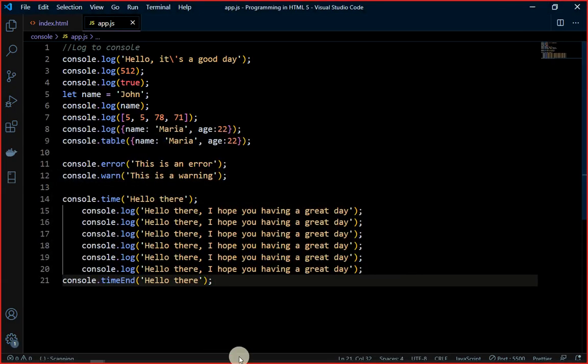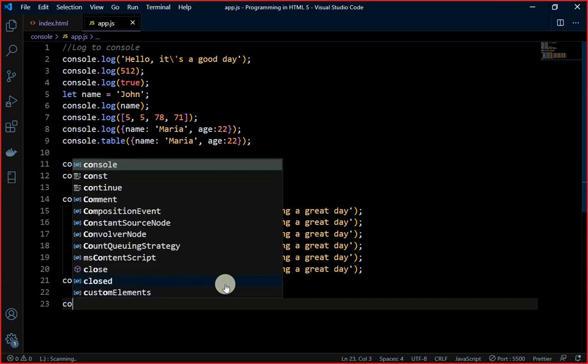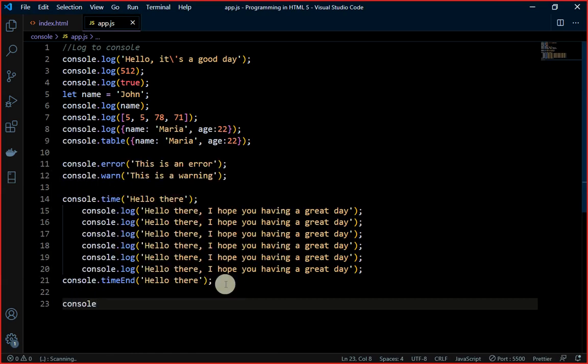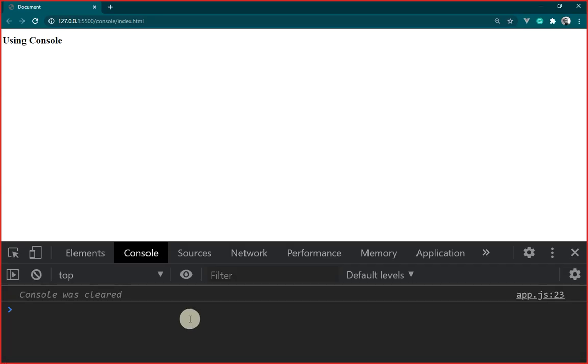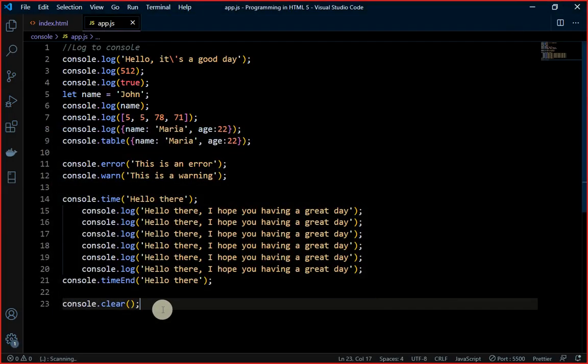All right, so we can also clear the console by doing console.clear. If we look at that, we can see that the console was cleared. There's nothing on the console because I cleared it. All right, so that is the console that we need to learn. The next thing that we're going to talk about in a moment is variables. But I'm going to stop the video